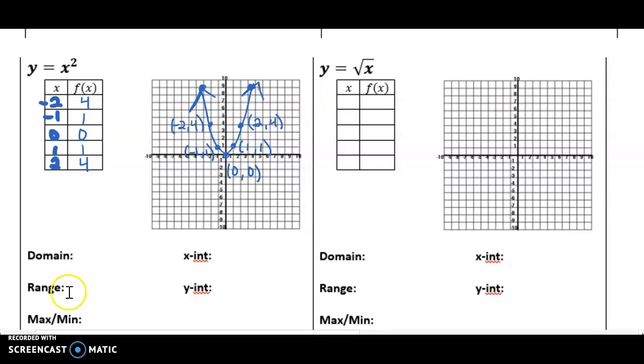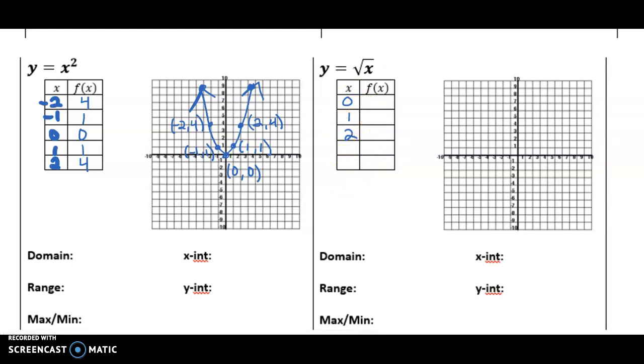Can you tell me why? Yes, hopefully you remember and recognize that you cannot take the square root of a negative number. That would give us an imaginary number, which does not show up on our graph. Those are not defined values of our function. And so we do not want to plug in negative values for x. So I'm going to go ahead and start with 0. We can do 1, 2,